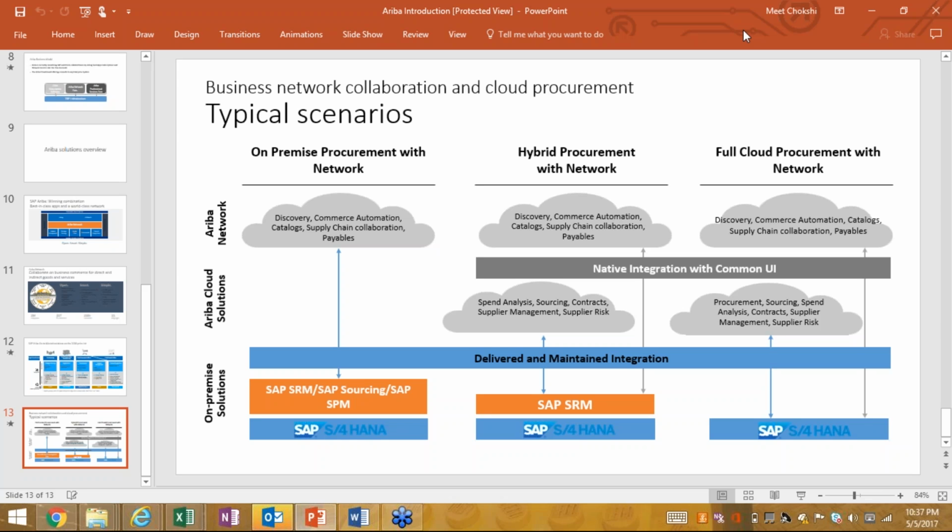So I would transfer the contract which I have negotiated with the supplier in Ariba to SAP, and then SAP, my transactional system, can use that contract when creating the requisitions, right?